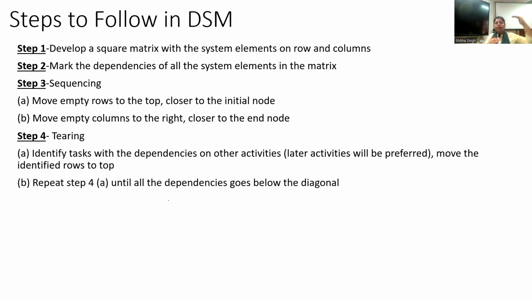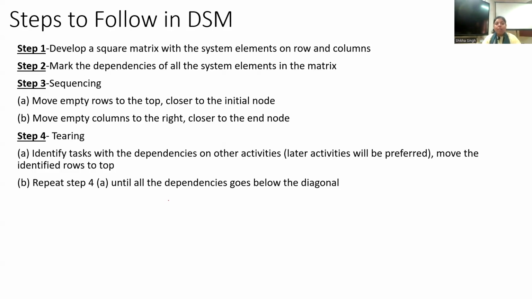Below the diagonal says the sequence is arranged in such a way that the later activity does not affect the initial activity; the initial activity is not dependent on the later activity, right? So this is how the pairing step, the iterative step, will be performed. And in every iteration, the dependencies which are above the diagonal will be located, and then those corresponding rows will be moved towards the top so that they can be completed first, and then the later activities will be assigned,